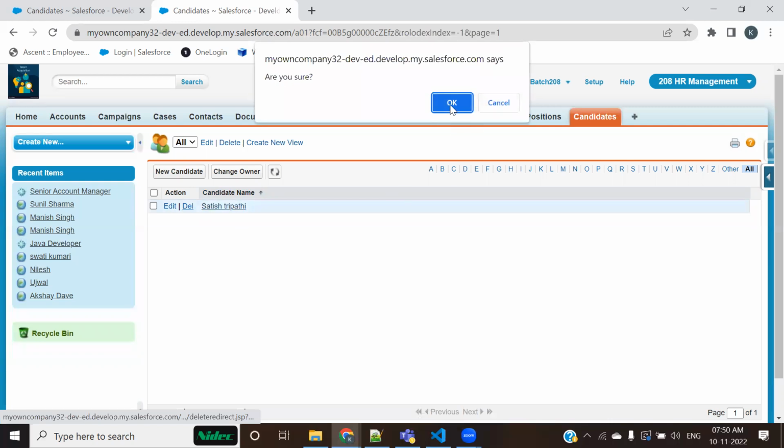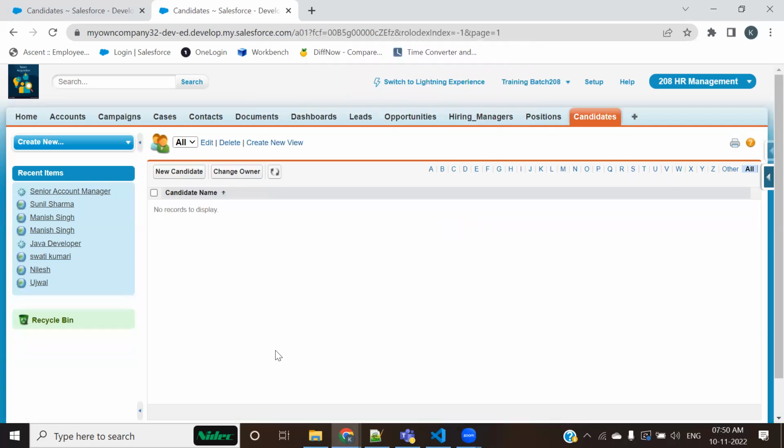But if there were 2000 records, or 2 lakh records, how to delete that? Obviously, you cannot open them individually and delete them. That is not possible. So what are those ways? We are going to learn them in programming. Whenever we want to perform any DML operation, data manipulation, like insert, update, delete, upsert, undelete, these are what we call DML.